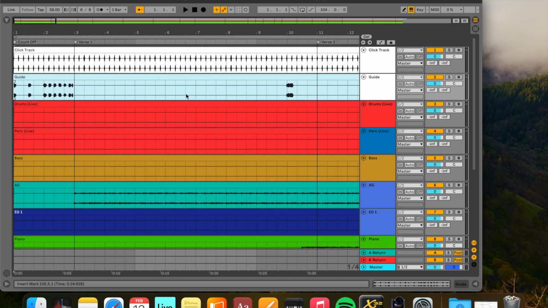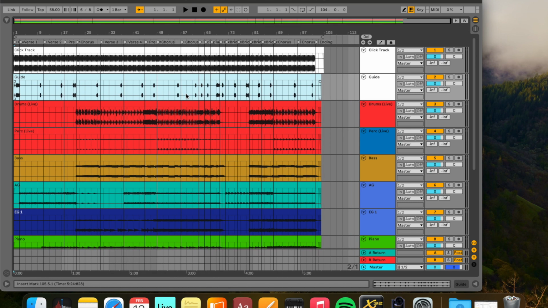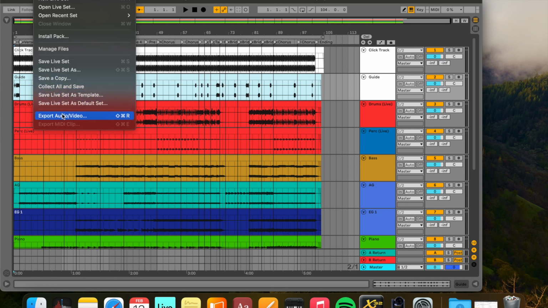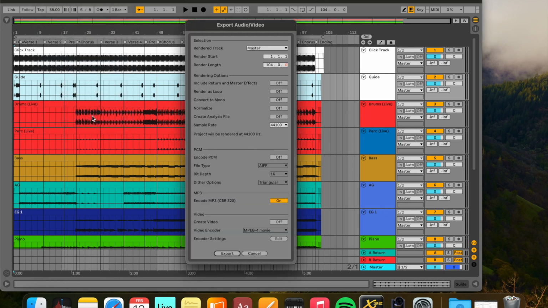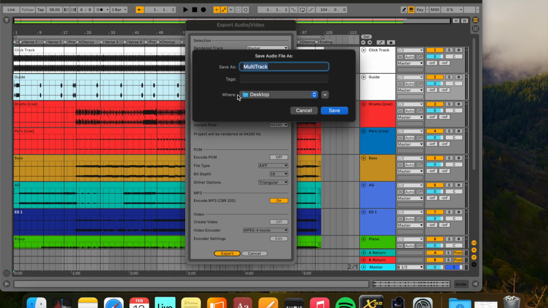Okay, so to upload what you'll see as service ready, we don't need to really do anything beyond that. We're just going to go to File, Export Audio Video here, and I have all this set to where it's the same for me every time that I do this, but just make sure all of your settings match mine across here, and we're going to hit Export once you're ready, and we're going to save it to the desktop,